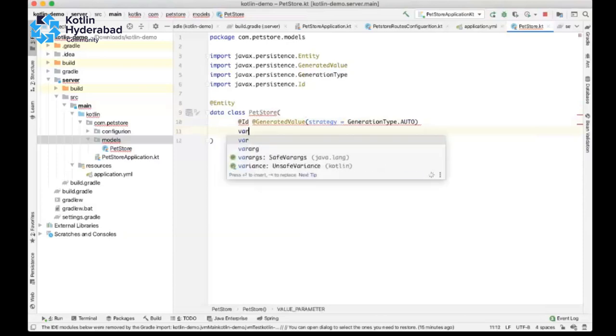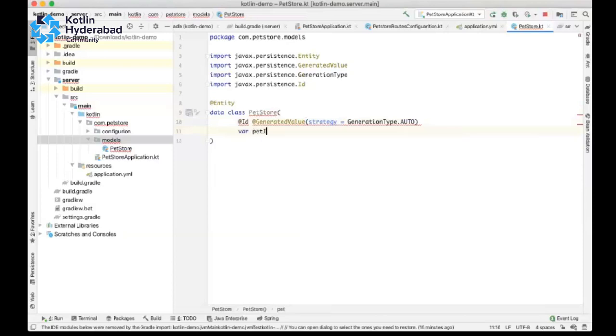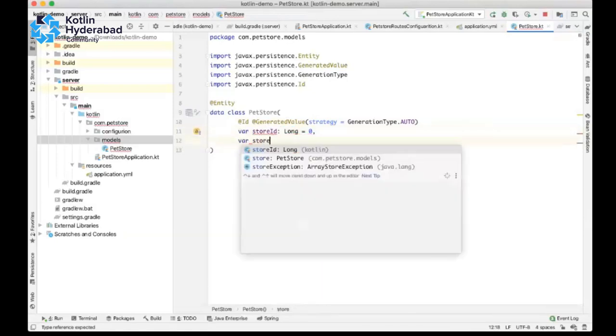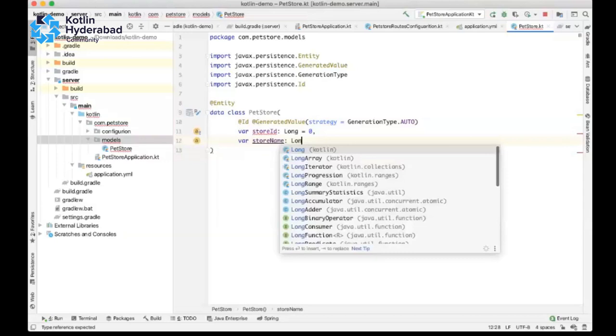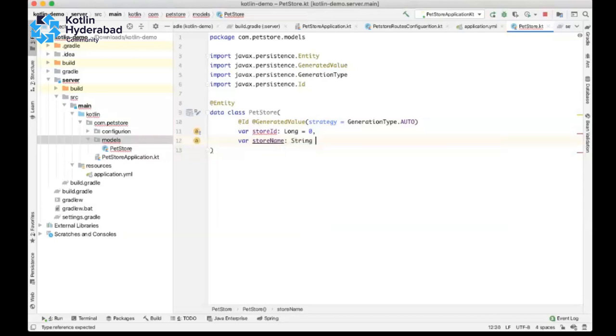So pet ID. I'm just giving it a default value. Next, sorry, store ID. Then store name will be string.